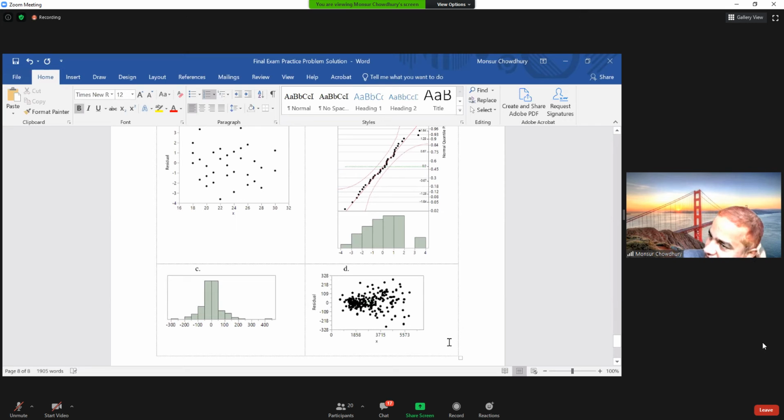There was a question in your test 2. In question 3B, whether there was a violation of constant variance. Most of you just said no, there is no fan shape, but if you look at the solutions, I think only one or two got the correct answer. Fan shape does not mean that it should be just like this. It can be like this also, a fan shape. So if you look at the solutions here,